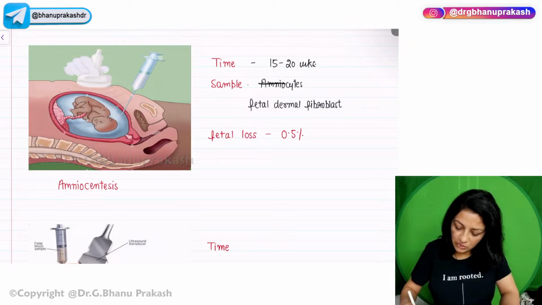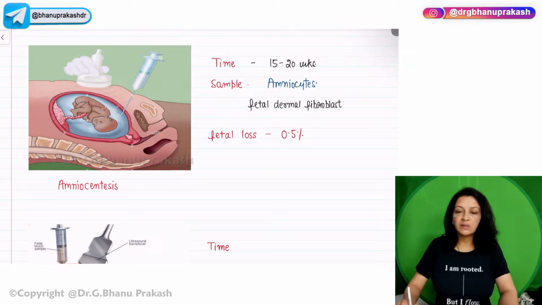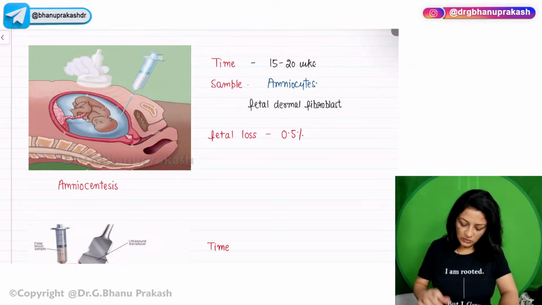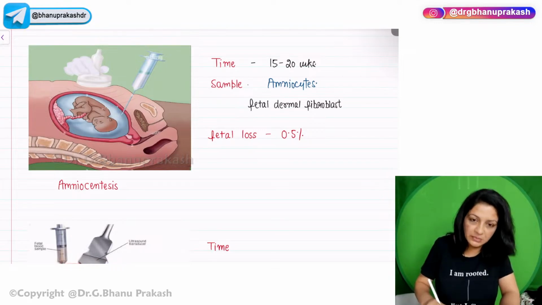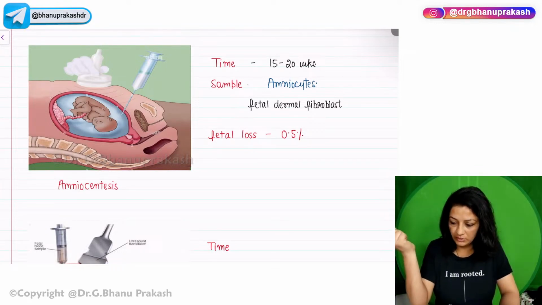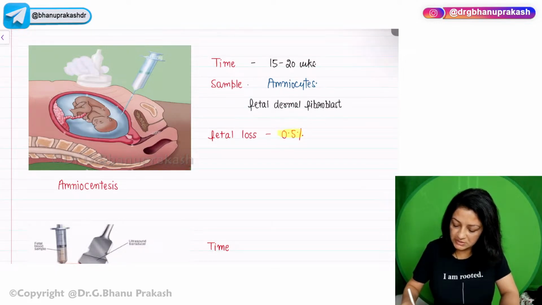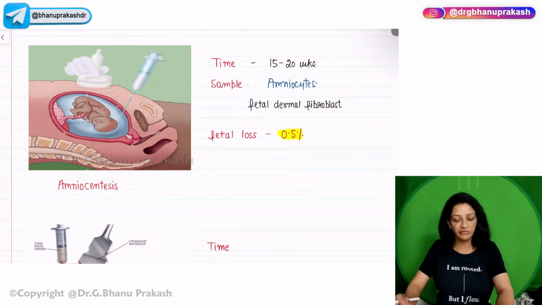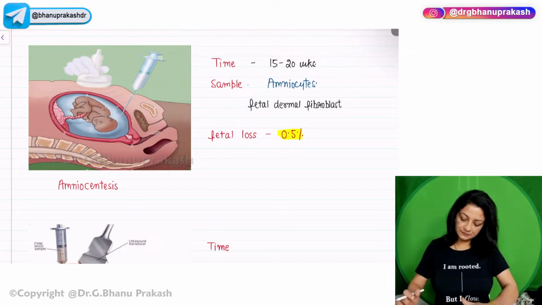Sample: amniocytes and fetal dermal fibroblast. So this one is the amniocentesis. यहाँ पे हम क्या करेंगे? Ultrasound guided. We will take the sample of amniotic fluid, and the fetal loss is 0.5%. Means chances of abortion is 0.5%. This one is the second test, and the third one is